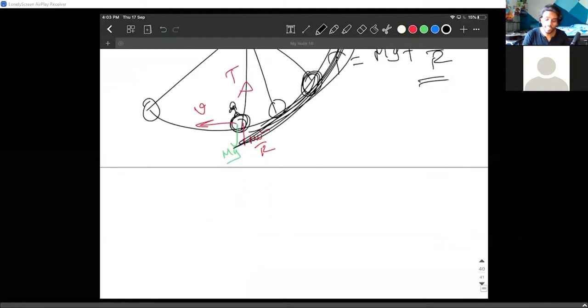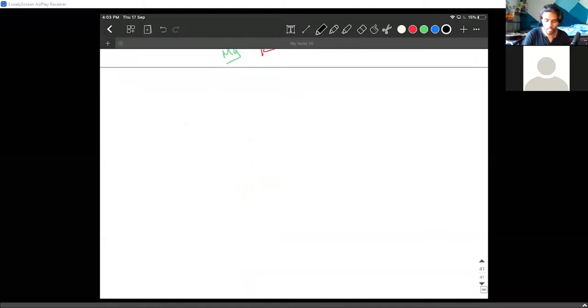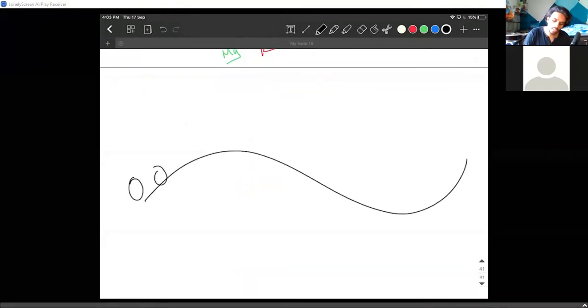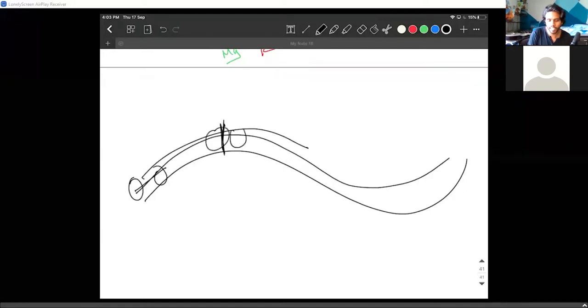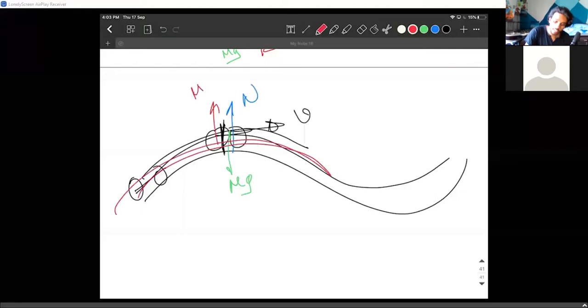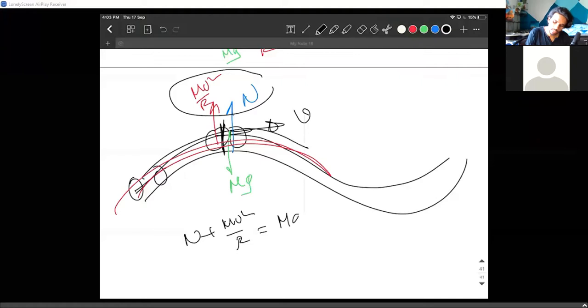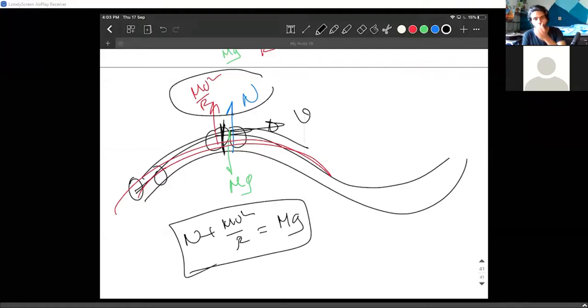Okay. The only vertical circular motion that we'll be talking about is very small. Like there is a biker who is trying to go in a circular motion like this. He only talks about this point. Like when the biker is here, the speed is v. Okay. So the mg is downwards, normal force is upwards. Since this is a circular motion, you write mv square by r radially outwards, and everything is done. You simply equate all the forces. N plus mv square by r equals mg. That's it.